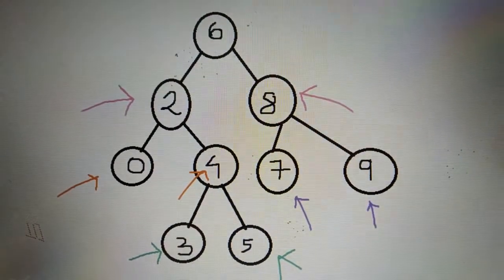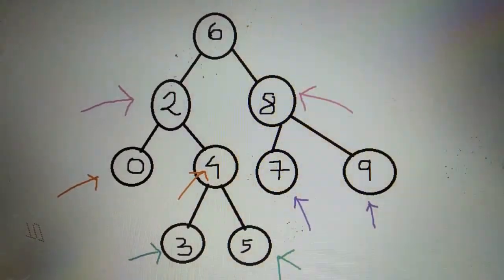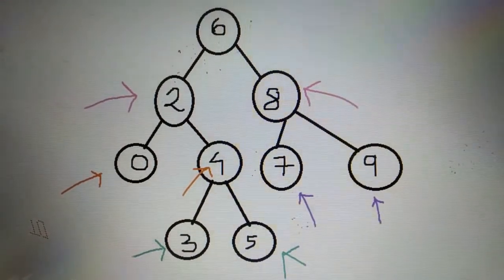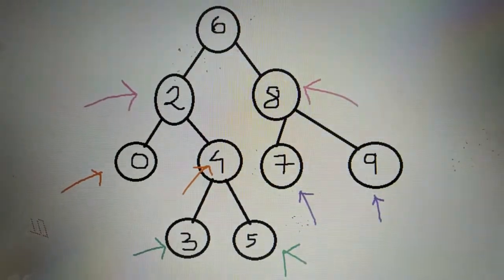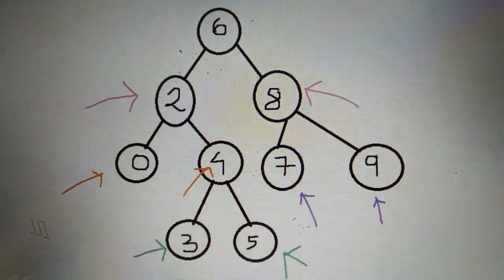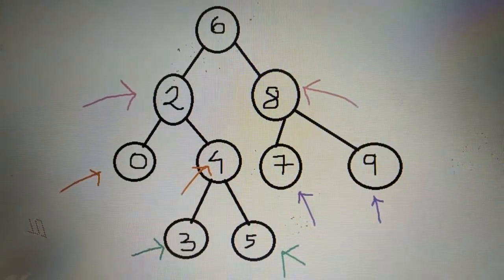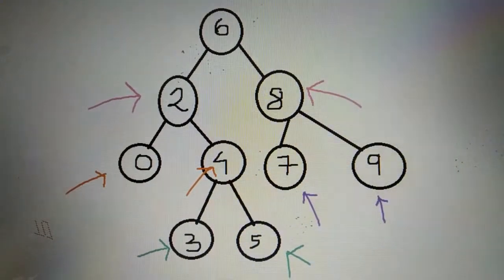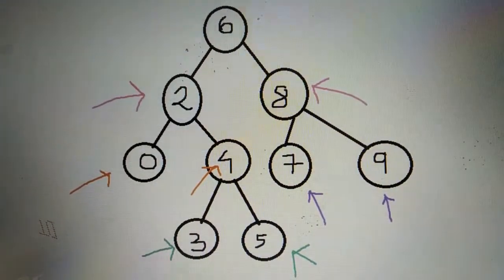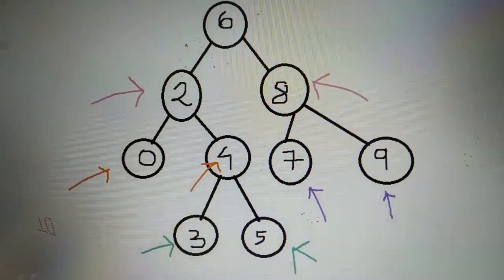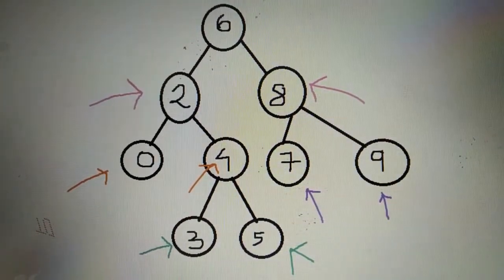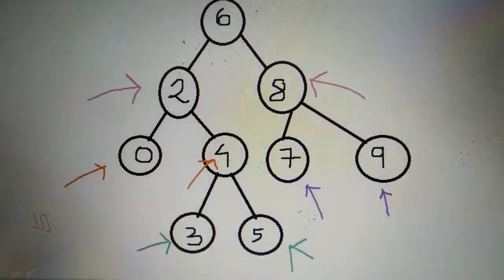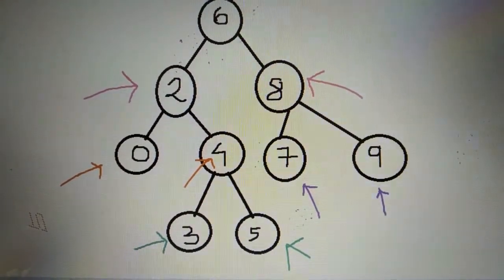I basically tell you that lowest common ancestor is nothing but the parent or the smallest parent. Okay, the nearest father or mother of two children. Now as you can see 6, if I hold the nodes 7 and 9 which are marked in violet, you can say that 6 is the grandfather or mother of 7 and 9, and 8 is the father or mother of 7 and 9. So the lowest ancestor is 8, which is denoted in pink color. Similarly, if you look downwards, 3 and 5, which are marked by green, their lowest common ancestor is 4.